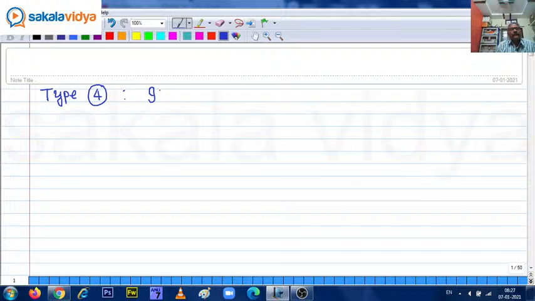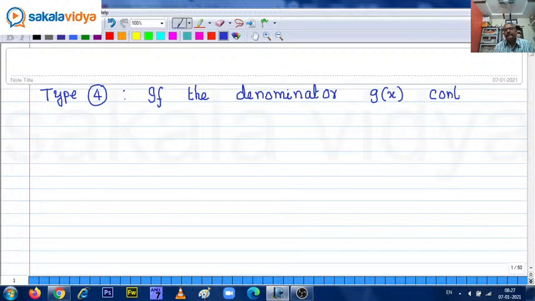See, if the denominator g of x contains repeated irreducible